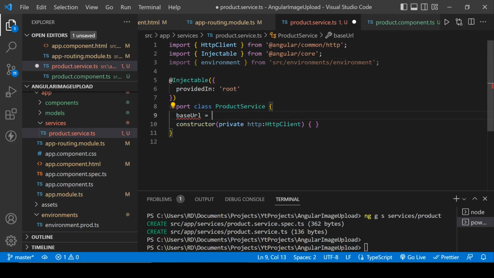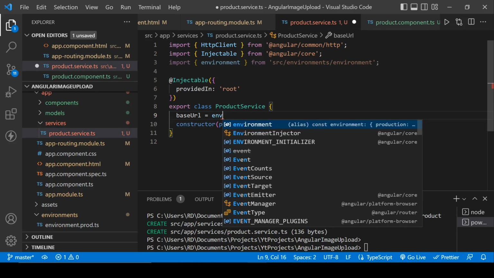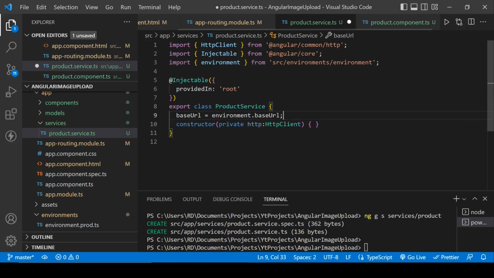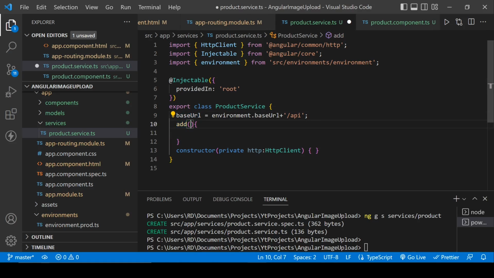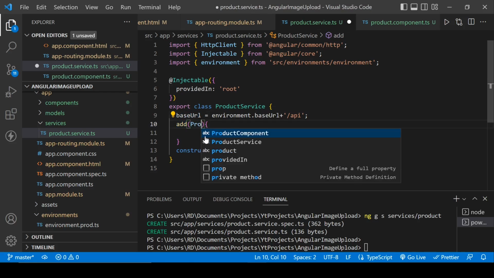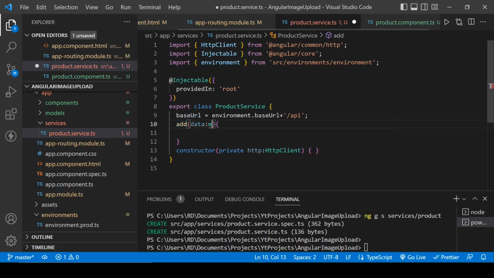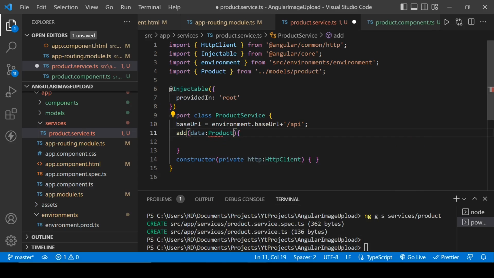The base URL equals to this dot environment dot base URL plus API. So right here an API for the add section, and for that we will use a data model product, and it will be type of product,